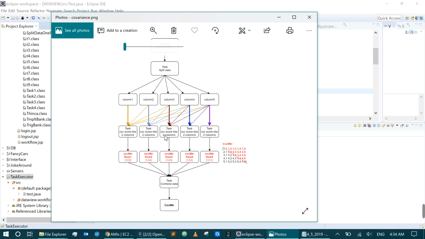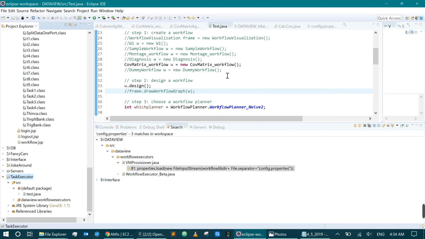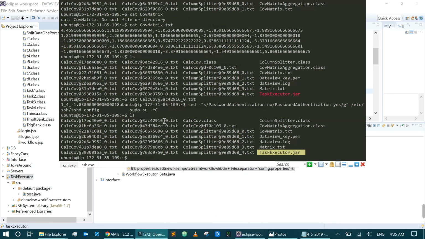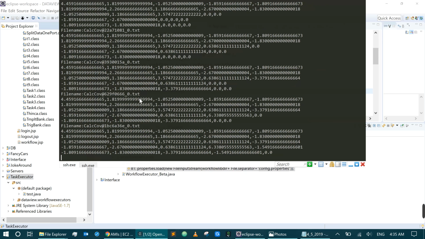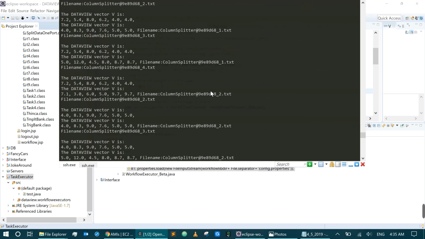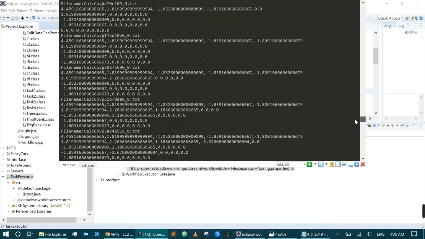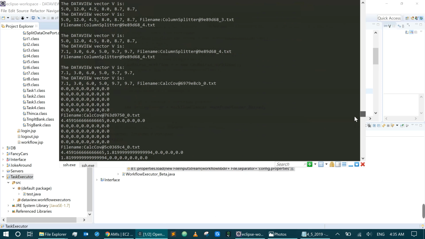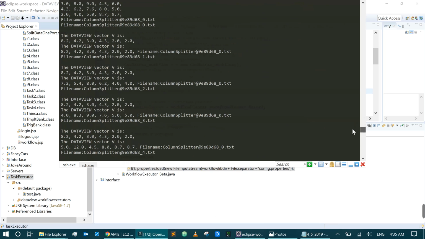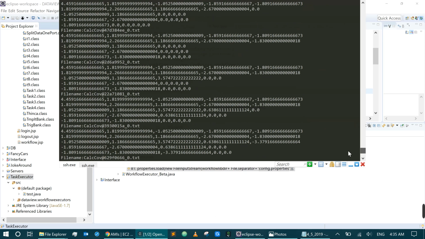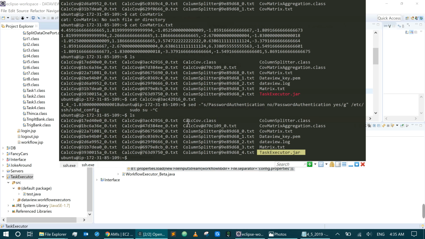After we get the 15 covariance calculate tasks done, we aggregate them together through a task, and then output a covariance matrix.txt file. So let's take a look at the console, and here are the logs while executing this workflow on the EC2. You can see there are a lot of things, like the covariance matrix, the column separator, splitters. And what I want to show you is